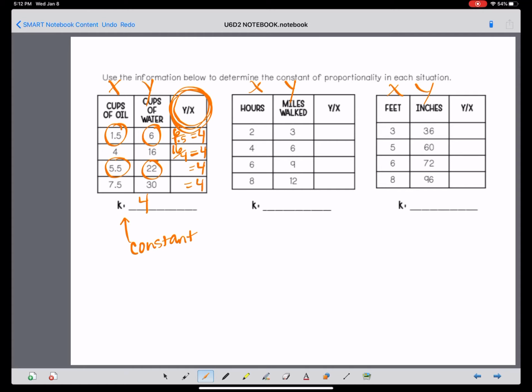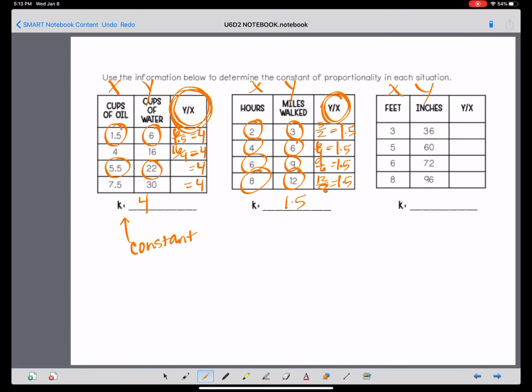On our next table, it says hours to miles walked. And then it gives us a hint. It even tells us what to do. It says do the y value divided by the x. So let's do 3 divided by 2, and if you do that, you will get 1.5. Let's do 6 divided by 4, and you'll get 1.5. 9 divided by 6, and you also get 1.5. 12 divided by 8, you also get 1.5